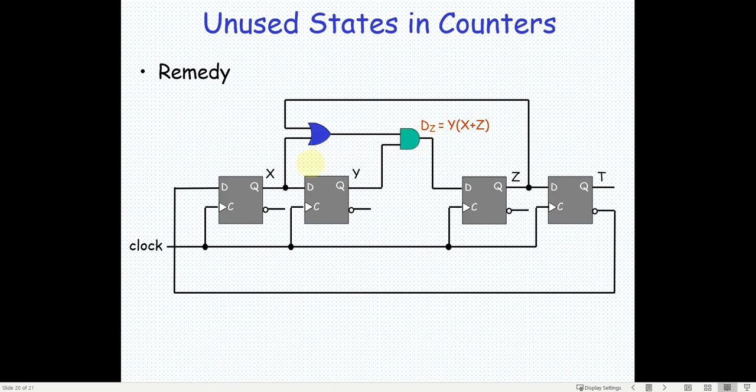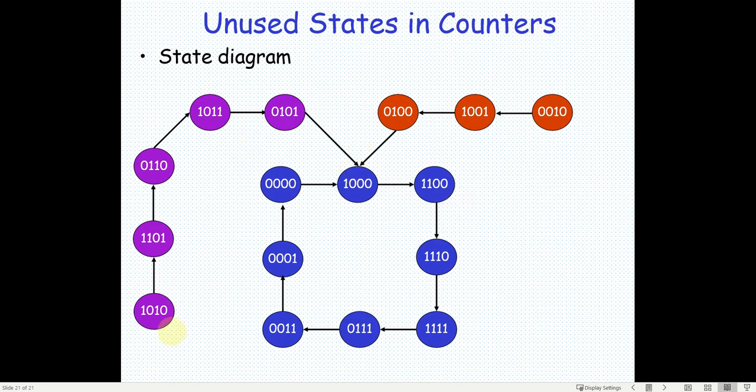This is one remedy, which somebody had suggested through optimization. If you use this OR gate and AND gate here, then if it goes out of the loop, it will come back into the loop. This is just one example. There are several methods of doing it to reduce the hardware. One is to map each output to 0, or you can allow it to follow something and come here. So there is flexibility in design available.